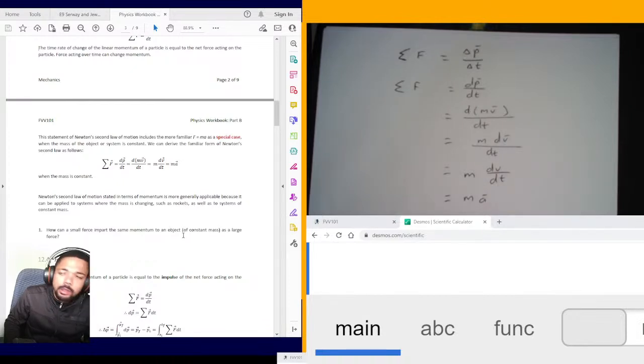Let's say we start the momentum at 0, then this change in momentum will be the same, but we want a smaller force, so it must act